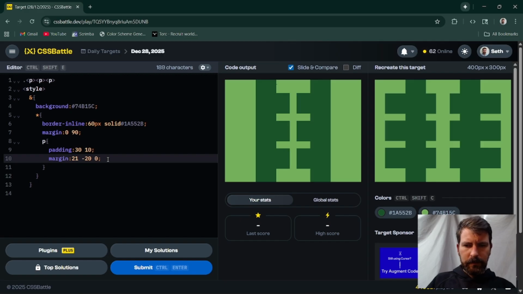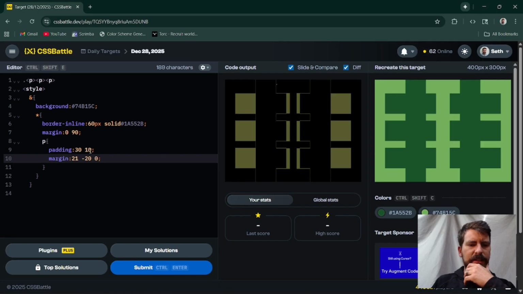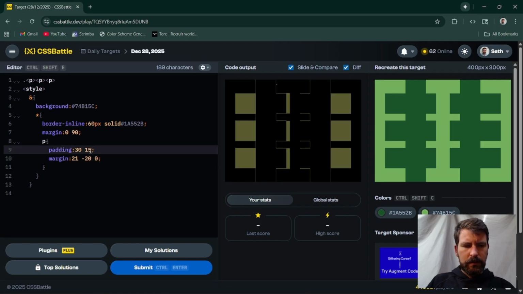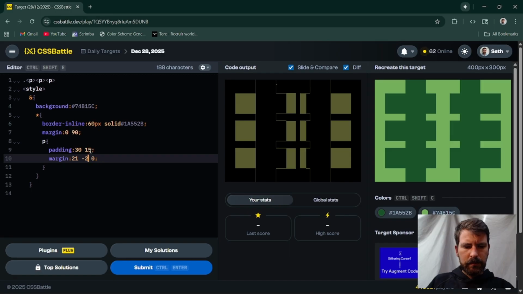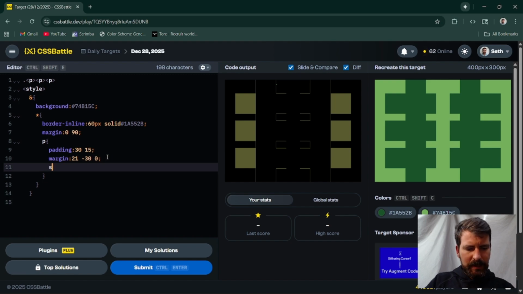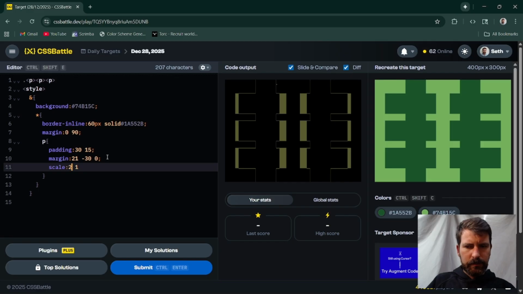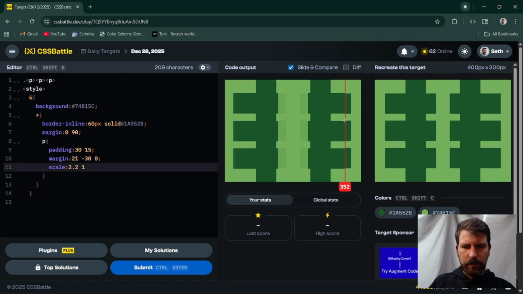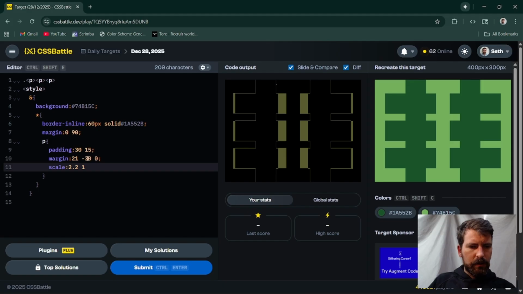Oh, negative 20. Okay, there we go. I wonder why the padding is not giving it the space it needs. Curious. All right, if I scale this now to make these work, 1, 2. Wrong dimensions. 2.2. Are we too big or too small? We're too big. So now we need to